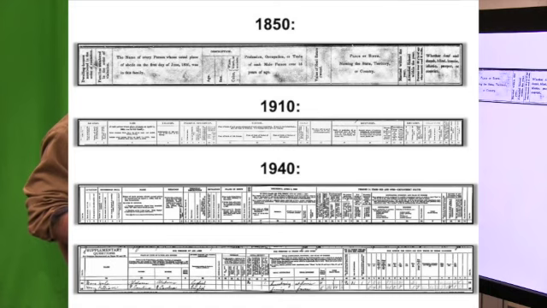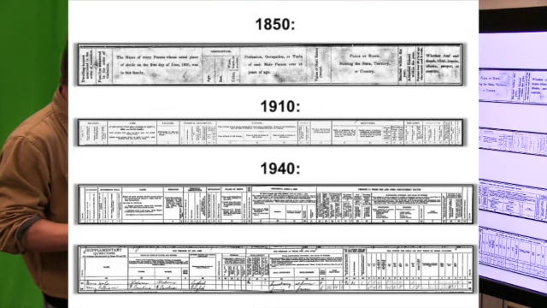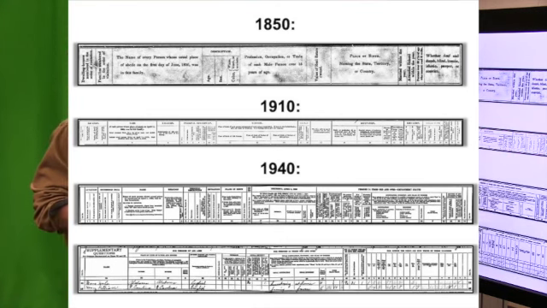So this is an example from 1850 to, I believe, 1940 of how detailed the categories of information got. You can see this is pretty big print, not a lot of categories. Then by 1910 and in 1940, they had this category at the top. Some of the people, they randomly asked supplemental questions of anybody on certain lines. In 1940, they would ask supplemental questions of those people.